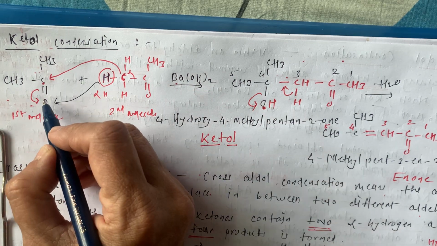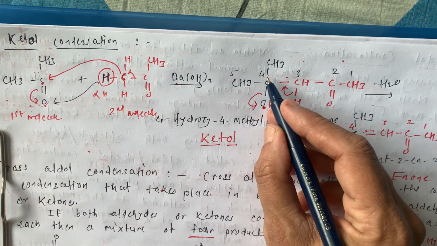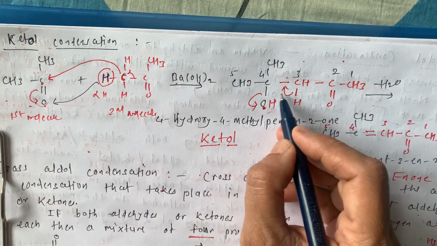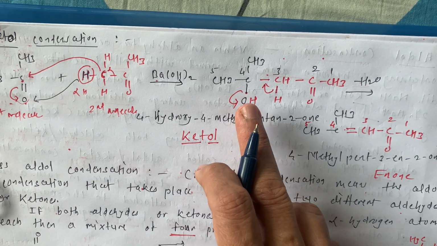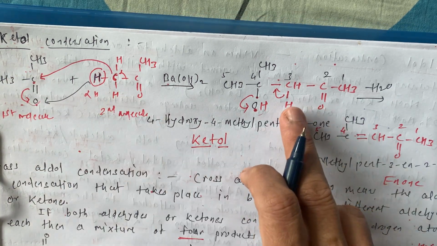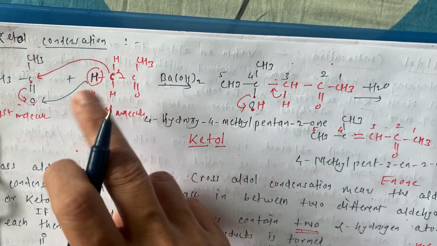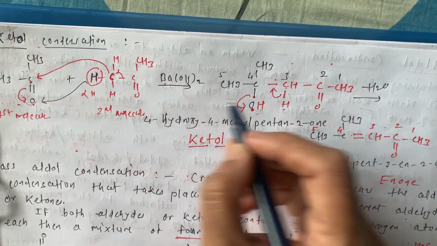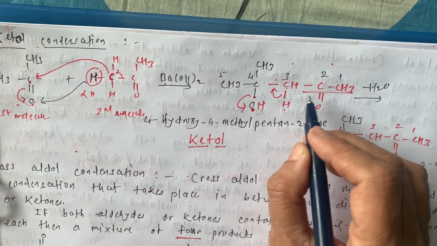Okay, then what is going to happen? See here, the C double bond O, the carbonyl functional group, is now converted into an alcoholic functional group. There is formation of COH, the double bond is converted into a single bond. To understand where this H is from, I wrote it in black ink, while this compound is in red ink. Then here this CH2, this is C with the 2 hydrogens, and this functional group remains as it is. So this is C double bond O CH3, it remains as it is.